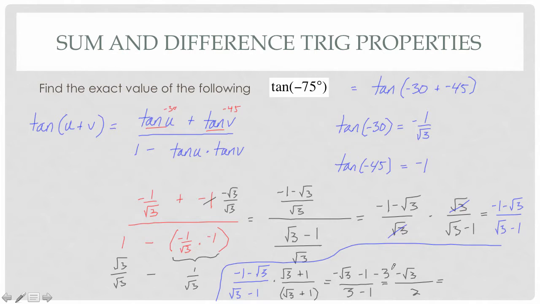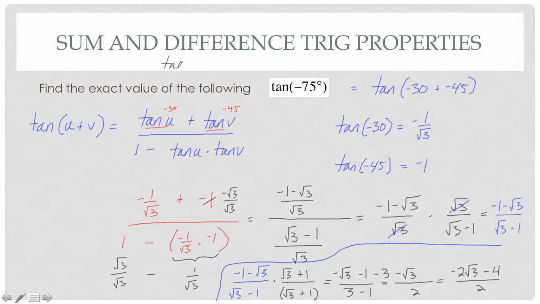It doesn't simplify as nicely, right? We get negative square root of 3, we have negative 2 square root of 3, because there's 2 of them, minus 4 over 2. But I can divide some things out, so really my final answer then would be